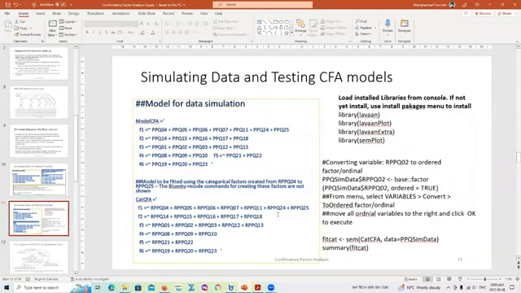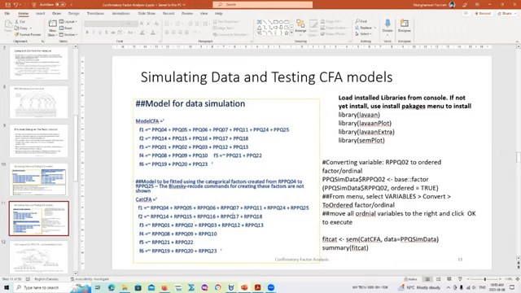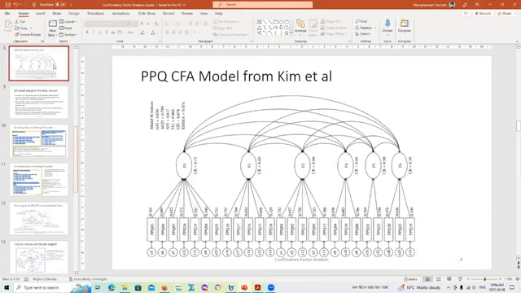The function to estimate that in R is simulateData, which I think is from one of the lavaan packages, but it's also a base program in R. When I simulated it based on what I generated, this is what I found. If you look at the notes, you will find that my graphing programs are different from this one. I used semPlot, but the output is so long that you can't see anything, so I just stopped using it.